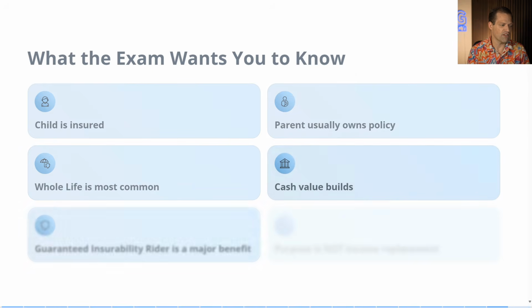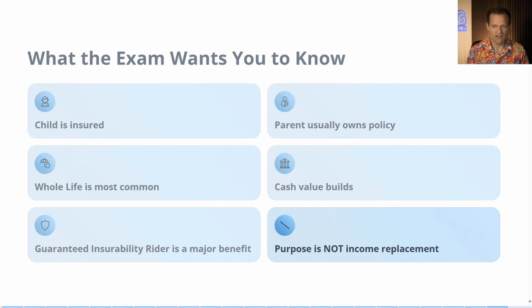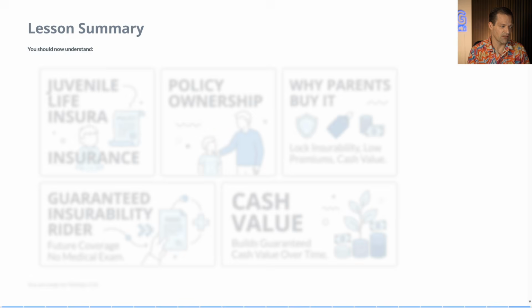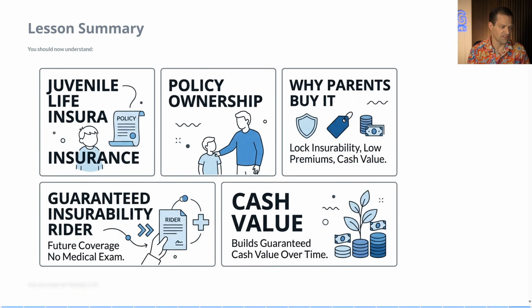So again, what you need to know for the exam is on the screen here. With a juvenile plan, the child is insured. The whole life plans are most common. Guaranteed insurability riders are a huge benefit. Parents usually own the policy. Cash value builds. The purpose is not to replace your income. So this is a visual representation of everything that we said to help you lock in and understand how juvenile